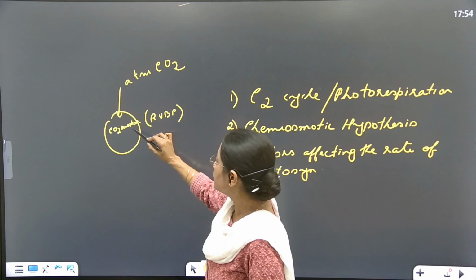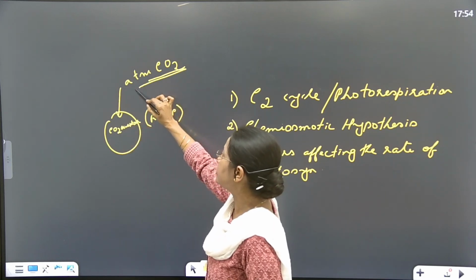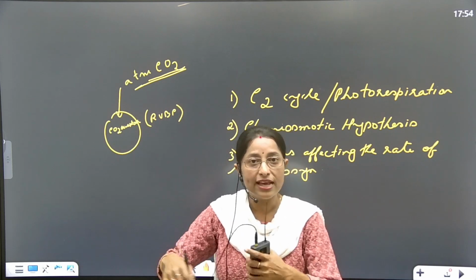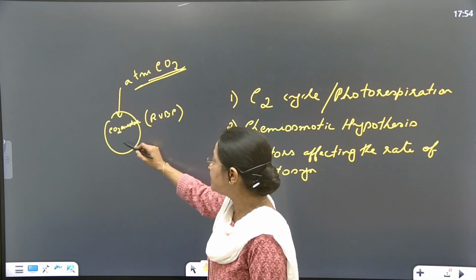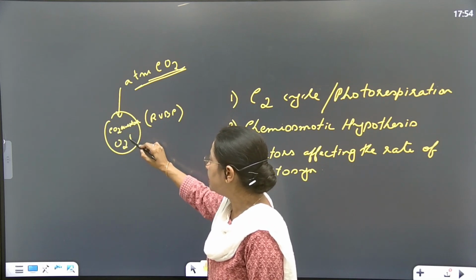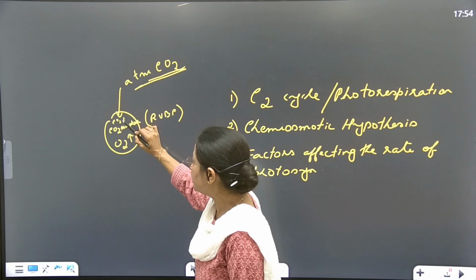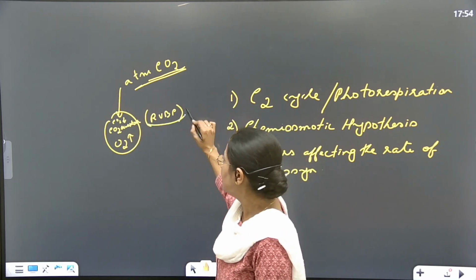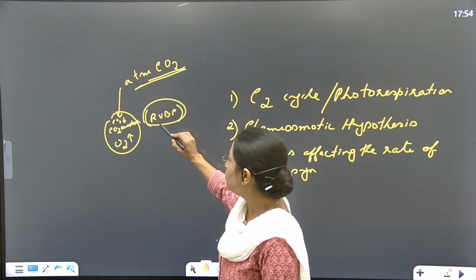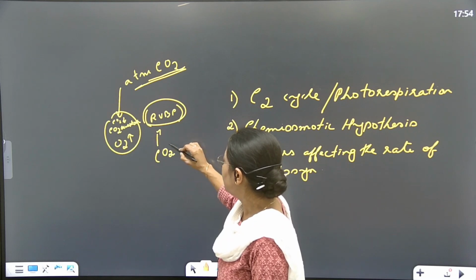So the carbon dioxide acceptor present in the cell has a tendency to accept atmospheric carbon dioxide so that food could be synthesized. But sometimes what happens is, inside this cell the amount of oxygen increases and the amount of carbon dioxide present inside the cell is less. Under this condition, RUBP, instead of taking CO2,